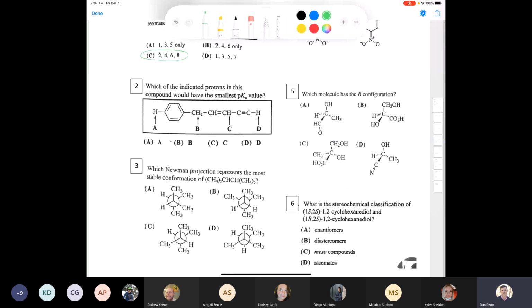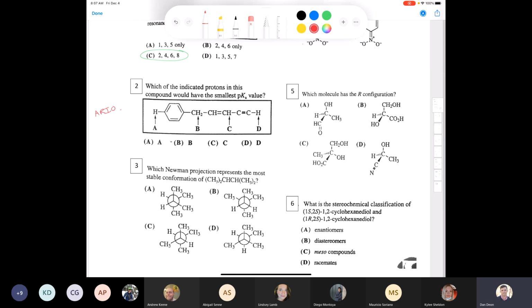Just a little bit about pKa's. And hopefully you memorized some pKa's throughout the course. I recommended that at the very beginning of Chemistry 3101 to familiarize yourself with some pKa's. So we've got A, B, C, D in here. And it's just asking you which one would have the smallest pKa value. You might want to solve this one using ARIO,